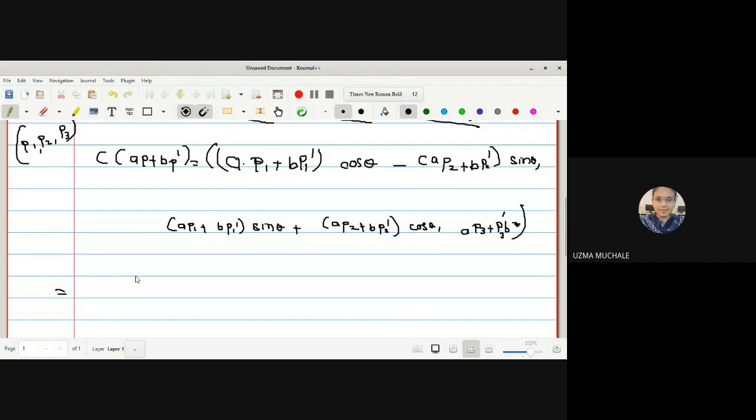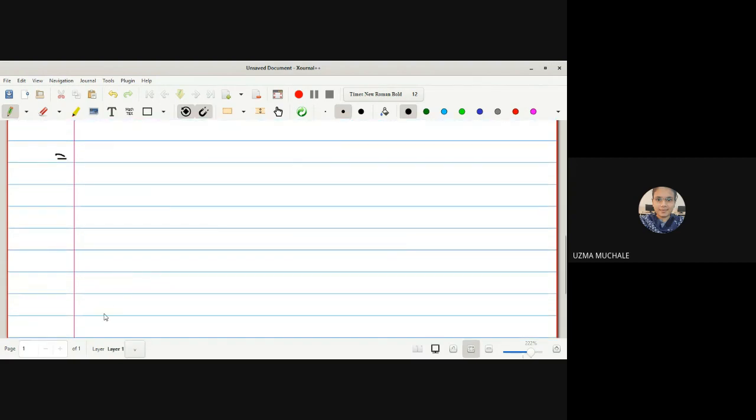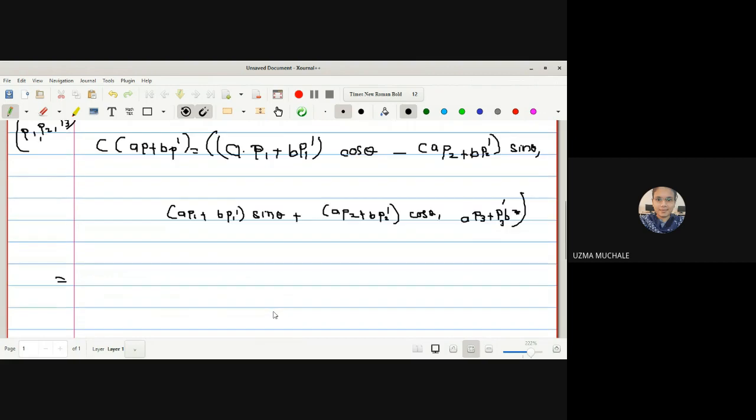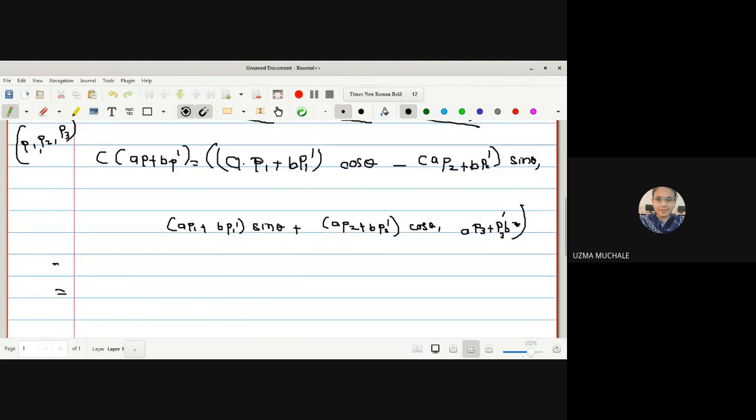and which will prove the result. Okay, so for that one, what we will do, we will collect the common terms in such a way that we get A outside and we get A CP plus B CQ dash. Okay, so here what we will get, it is equal to A CP plus B CP dash. Okay, ये हमें find out करना है. Correct?